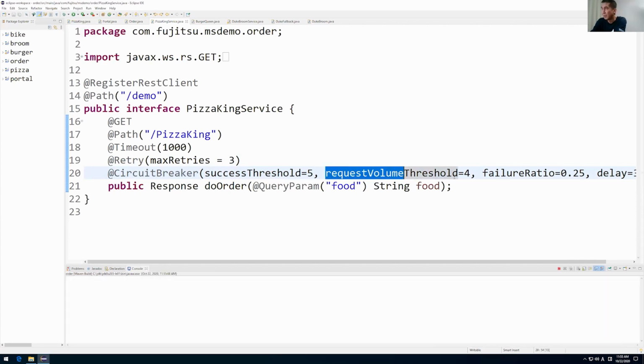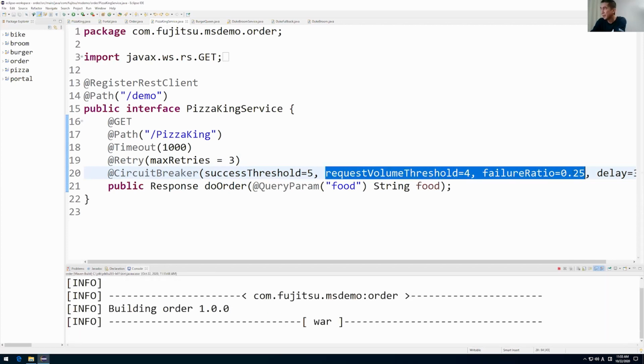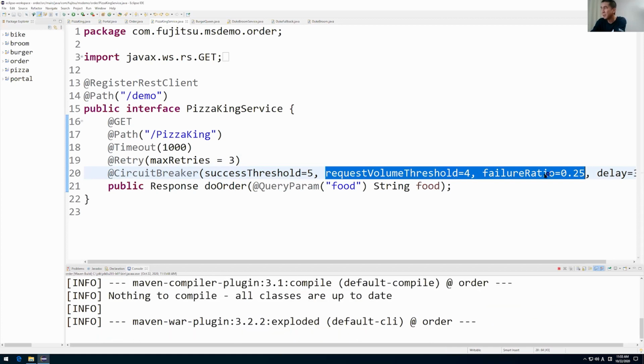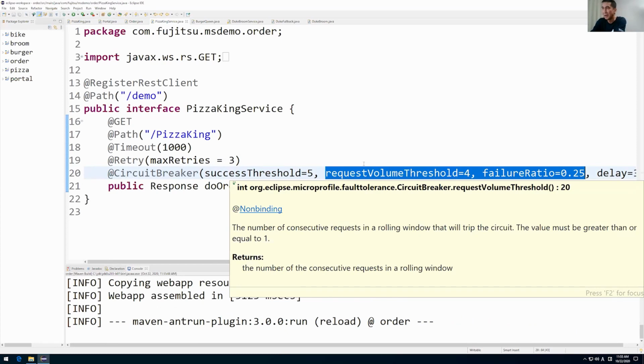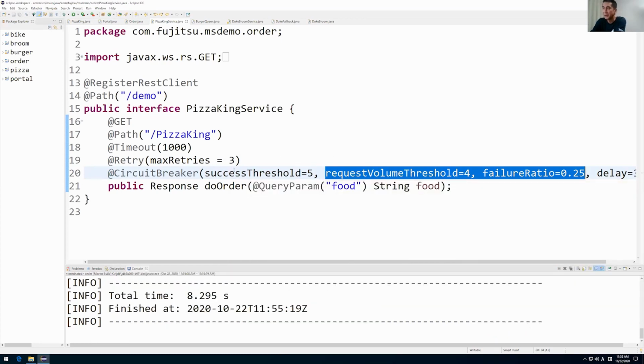So the meaning of these parameters is, if 25% of 4 requests fail, the circuit becomes open. And when the circuit is open, requests do not wait. Instead, they return immediately with a circuit breaker exception.